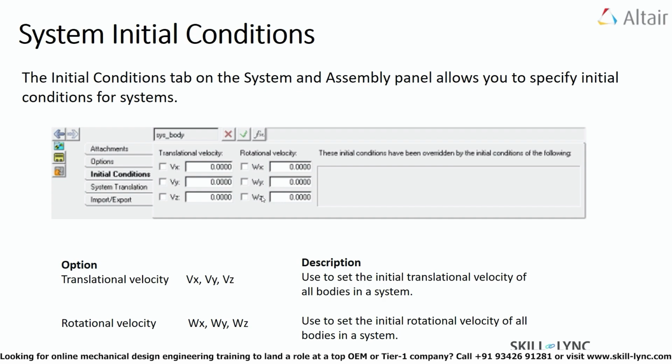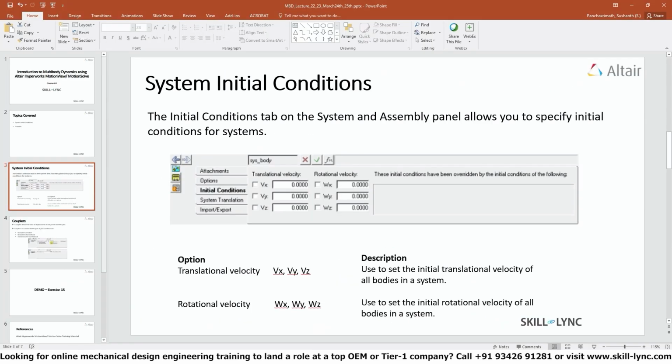Initial conditions can be applied to any system in the model. Please note that the initial conditions applied to a system are automatically applied to its subsystems. If the initial conditions of a subsystem are set separately, the settings override those of the system above it. Each initial setting that is overridden by a subsystem is listed on the right side of the parent system's Initial Conditions tab. Now let me switch to the graphical user interface where I can show you